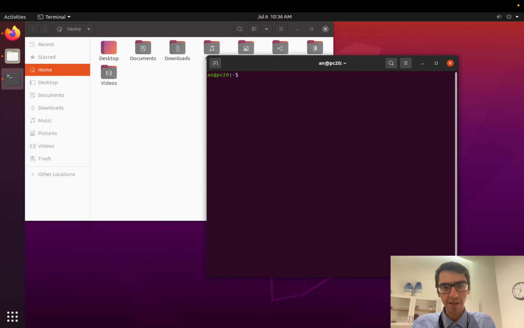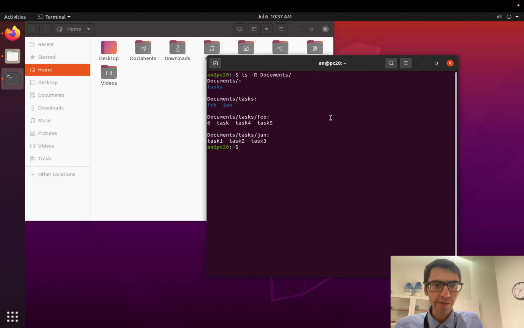Let me clear everything up. Now I'm going to list recursively the folder documents. So we can see in documents now we have tasks. Inside tasks we have Feb and Jan. Inside Feb and Jan, in Feb we have, actually I made a mistake here. So let me correct it. Let me remove